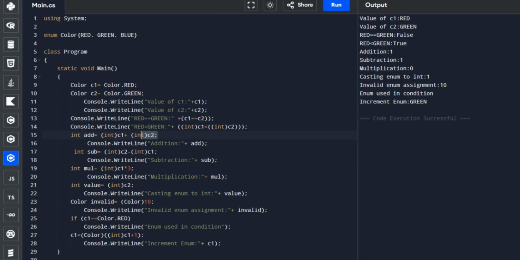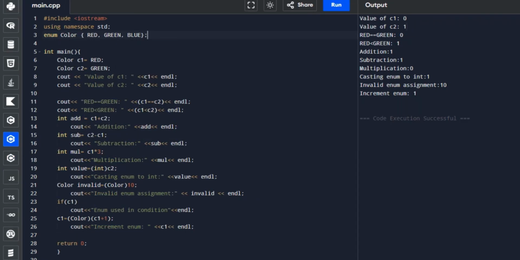In C++, enumeration values behave similarly to integers, allowing many operations such as arithmetic and implicit conversions. While this makes the language really flexible, it also allows incorrect or unintended operations. So that's really the negative side of it.